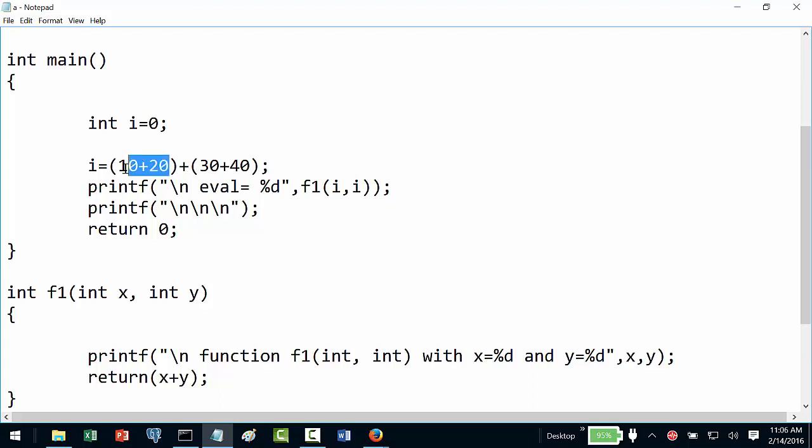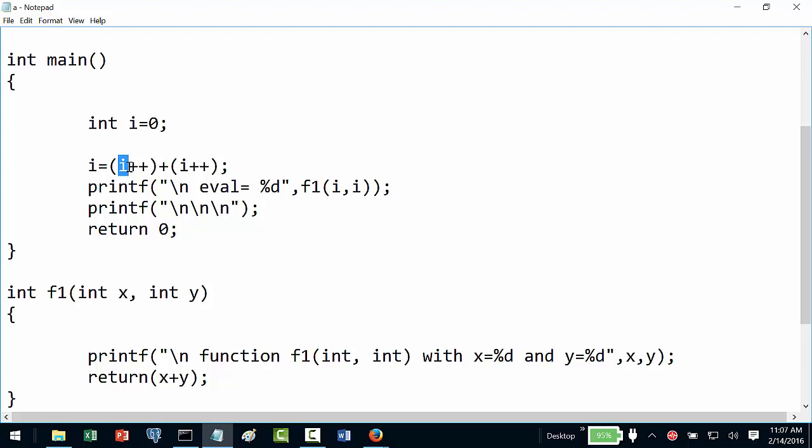Suppose I have something like i plus plus and I have something called i plus plus. Technically this is a post-increment operator. For the prefix, the value of i is first incremented and then used. For the postfix that we are using, it will be used and then incremented. When it is incremented is the question. Let us see how this behaves.